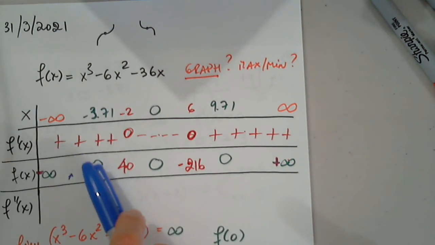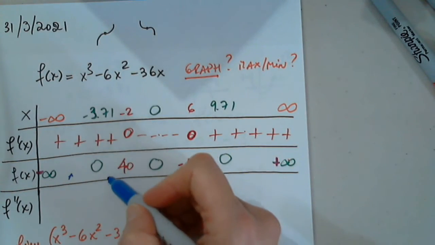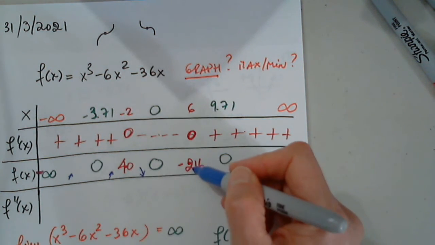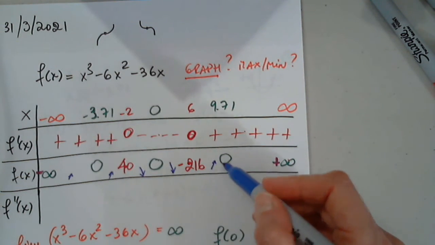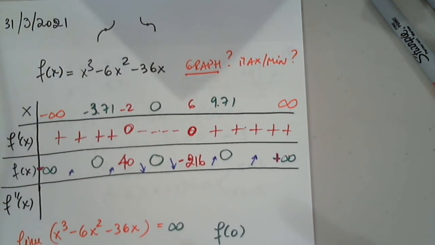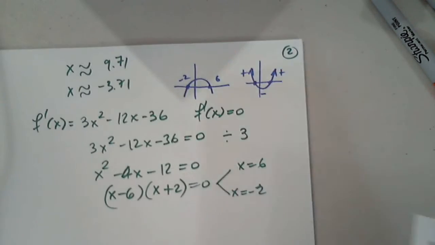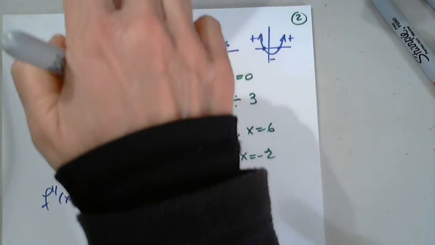So from negative infinity to 0, yes, it's increasing according to the sign of the derivative. From 0 to 40, yes, it's increasing. From 40 to 0, yes, it's decreasing. From 0 to negative, yes, it's decreasing. From negative to 0, yes, it's increasing. And to infinity, it's increasing. So everything matches correctly now. And now I have to look at the second derivative. And we get